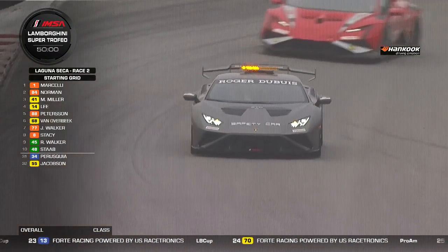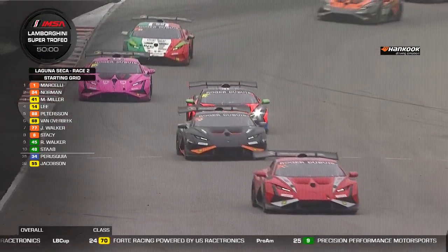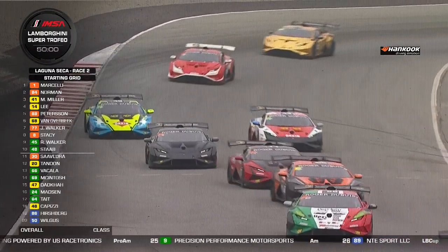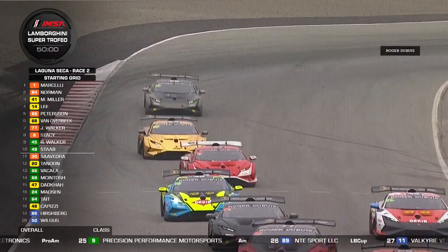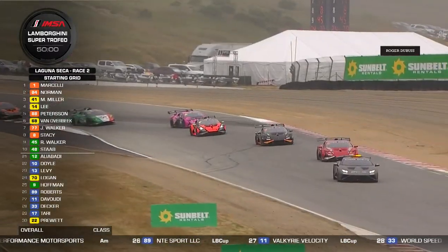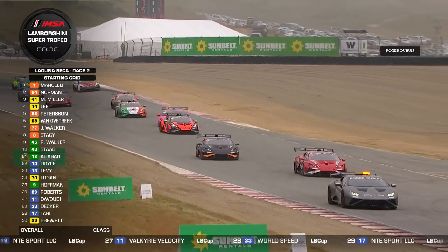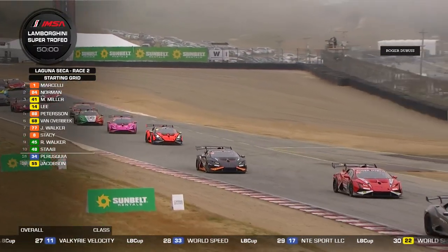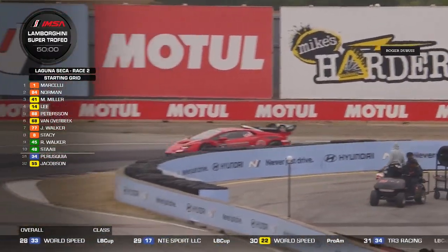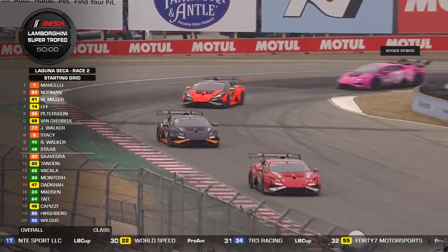In Pro, third in the qualifying session that took place yesterday, starting 5th on the grid for TR3 Racing will be Lucas Peterson in car number 88 from Sweden. And on the front row, Ryan Norman, who finished 2nd yesterday for Wayne Taylor Racing with Andretti Autosport in car number 84. And on the pole position, as was the case yesterday, but different drivers today, of course, it'll be Kyle Marcelli, who starts at Wayne Taylor Racing with Andretti Autosport, car number 1, yesterday's winner and defending series champion